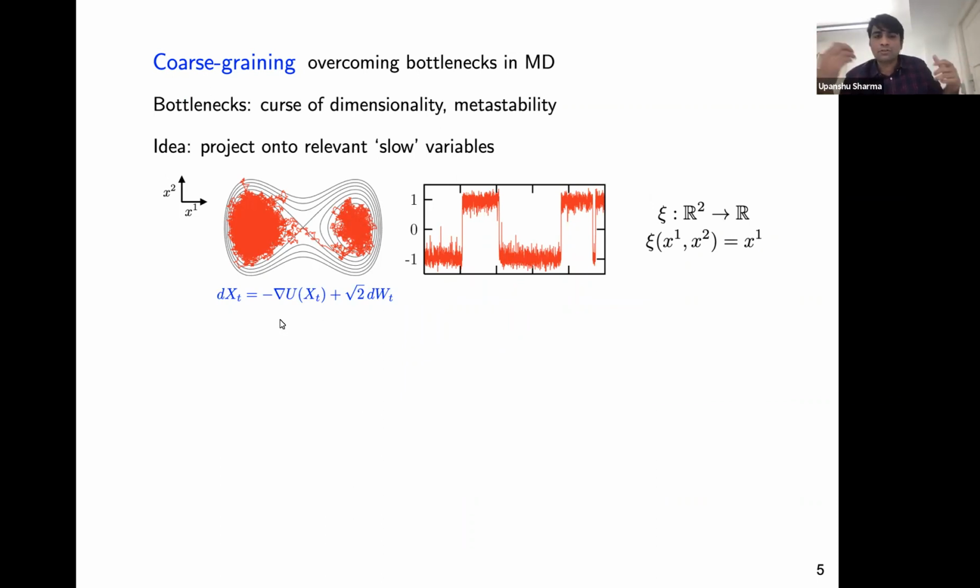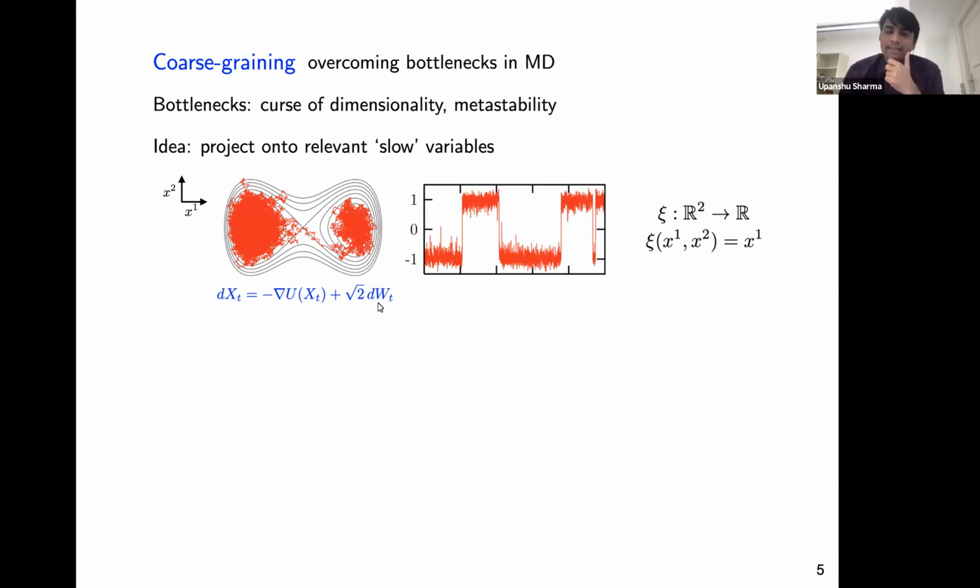And so what you can do is you can project onto some slower relevant variables. Just to give you a very naive example, imagine a double well potential. I'm running a simple dynamics, which is the position of the system. Now it's just two-dimensional. I'm forgetting about atoms, just writing down an SDE. I'm running it in a potential energy, where the potential energy is just a double well potential,